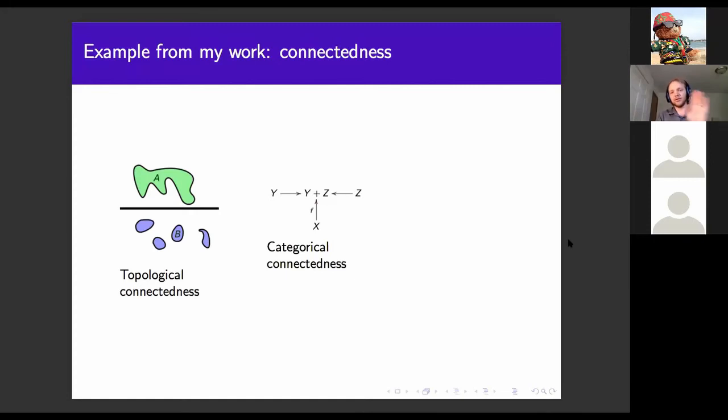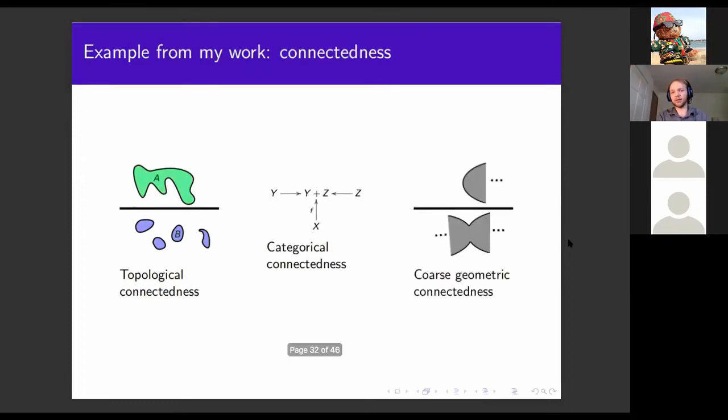The reason I wanted to use categories is that there are two categories: a category of topological spaces and a category of metric spaces, which we call the coarse category. If you don't know what category theory is, that's okay. All you need to know is it's an intervening abstract framework. It's like when you're an engineer doing control theory, and systems and signals share the common language of differential equations. Well, topology and coarse geometry, we can bridge them by using this common language of categories. And so I ended up inventing this idea of coarse geometric connectedness, which I don't have a good name for because someone already stole the name coarsely connected.